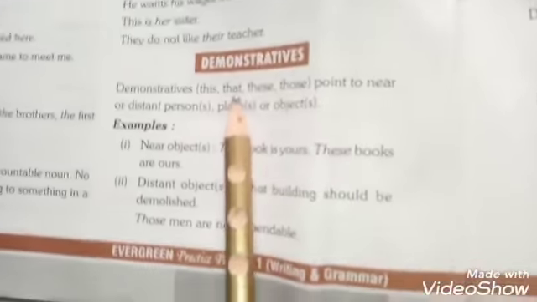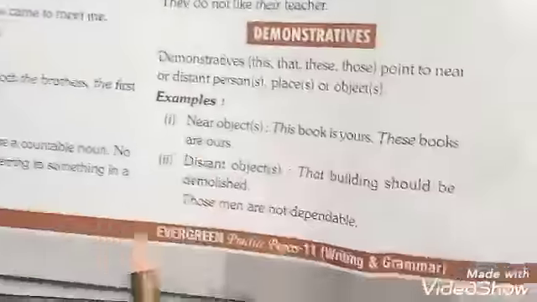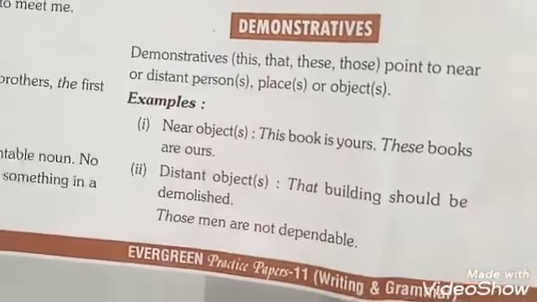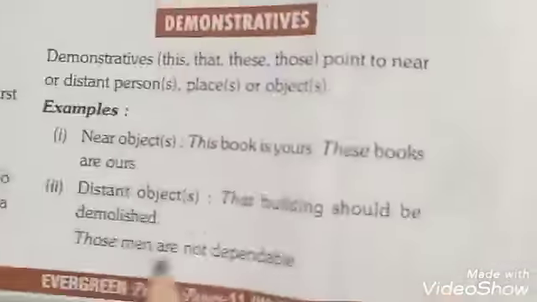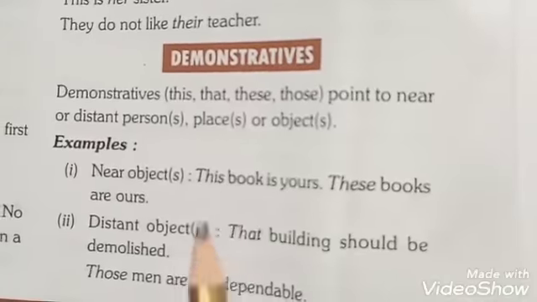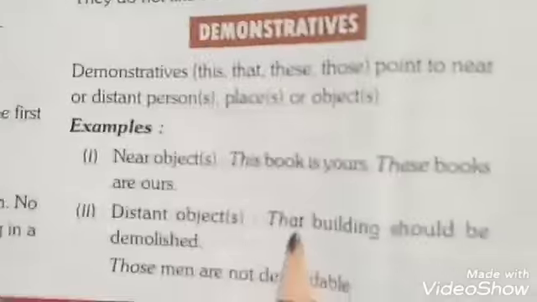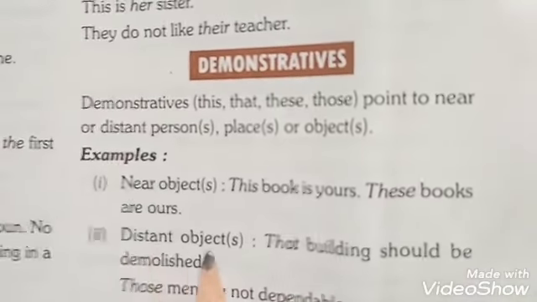Students, this and that are singular. They are used for nearby objects. You can say nearby noun. They are similar in that sense because both are singular and both take a singular verb along with a singular noun. The difference is that this is used for near objects while that is used for a distant object.